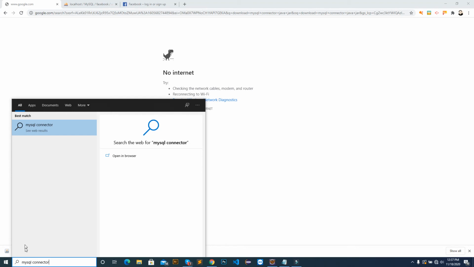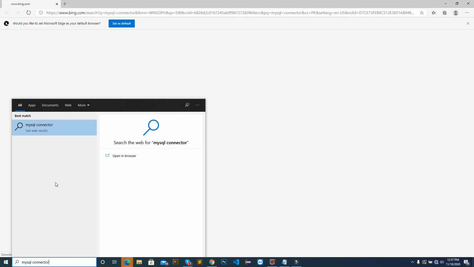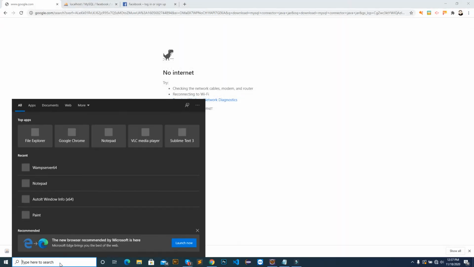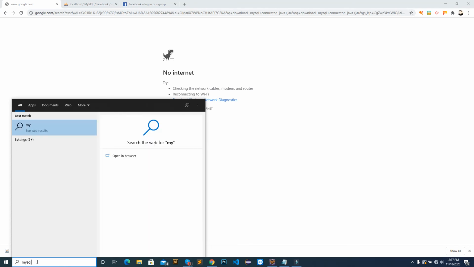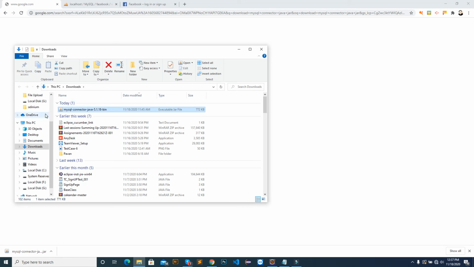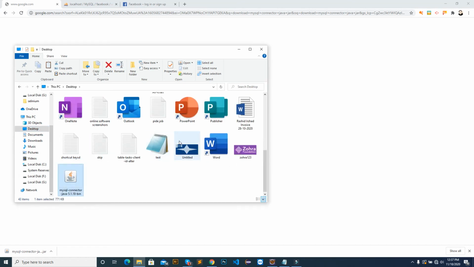If I search it, this is the location of the file, open file location. Location of the file is downloads, and if I Control C and paste it on the desktop with Control V. Now MySQL connector.